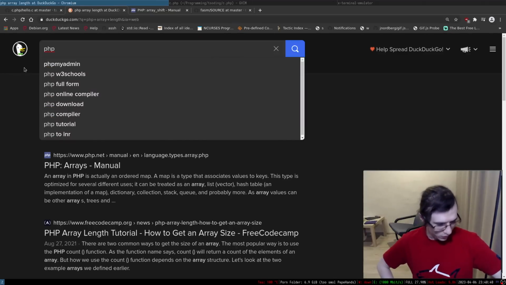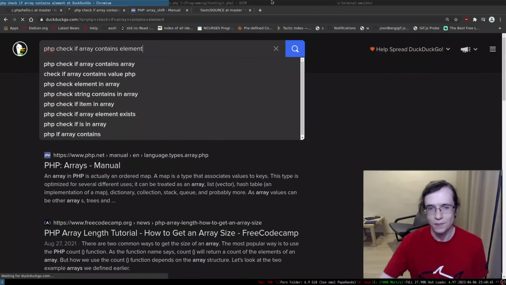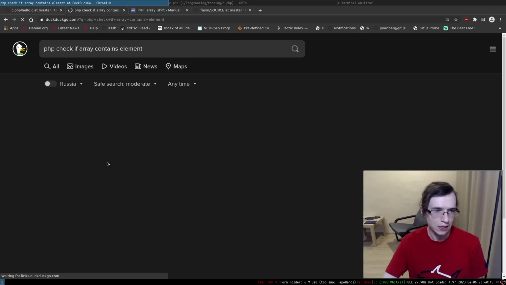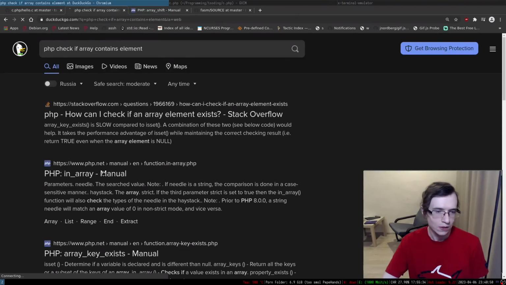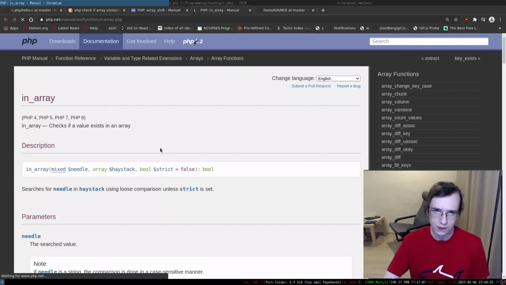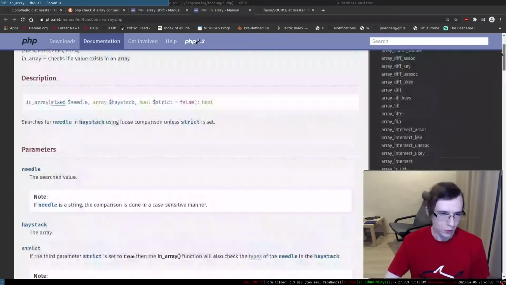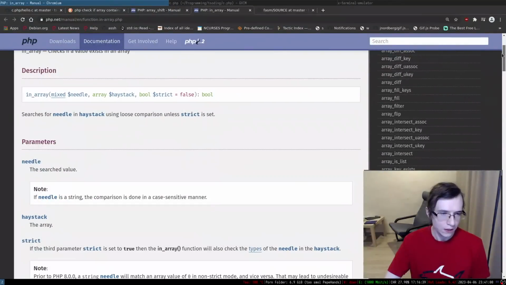All right, PHP, check if array contains element or something like that. Okay, so there is a function called in_array. It checks whether a value already exists within an array.